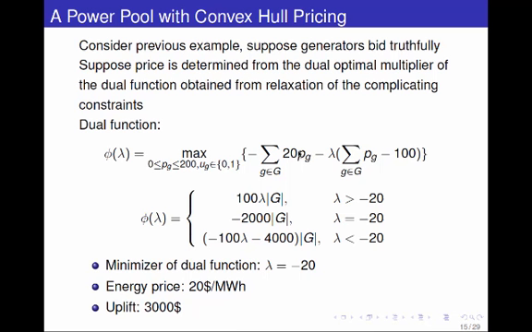For lambda minus 19, minus 20 minus lambda is a negative number. So if I'm maximizing, I want to be as low as possible. So optimal P is 0, this thing goes away, this thing goes away, and you're left with